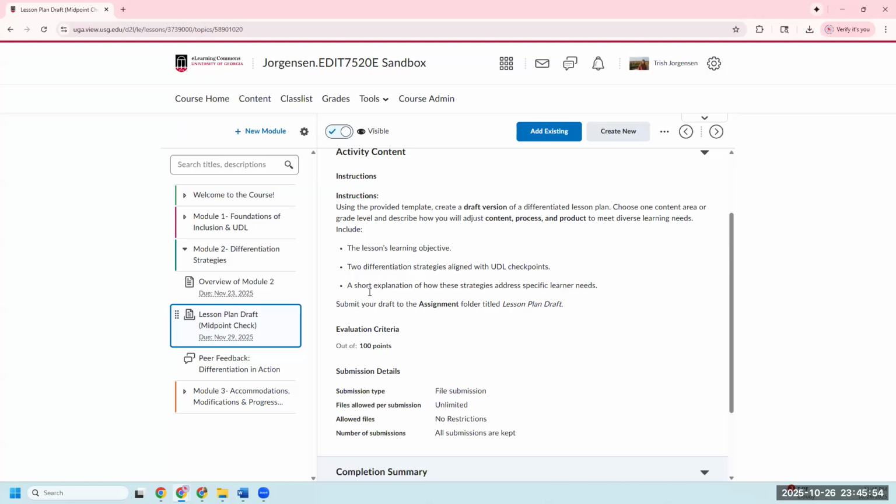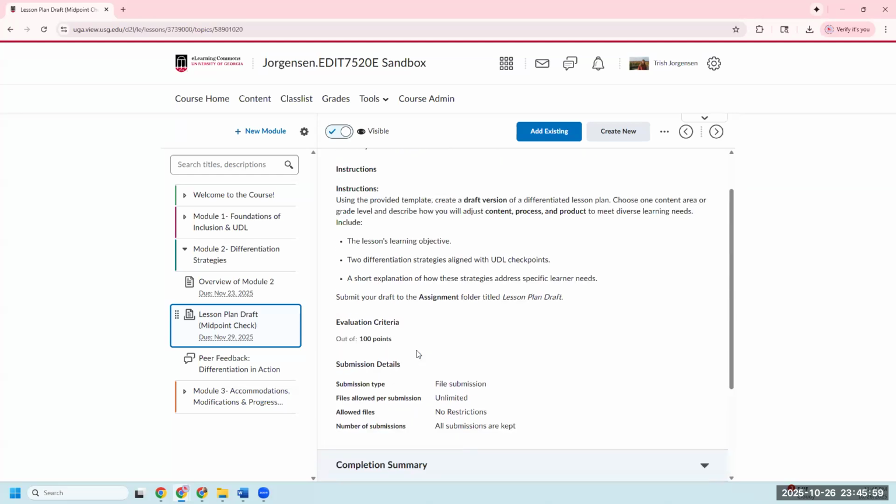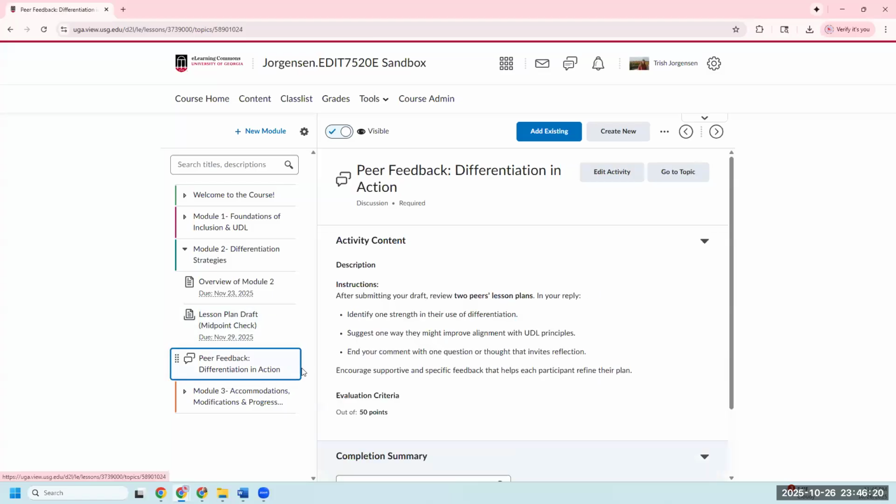So this will include all the criteria. It tells them where to submit. It'll be 100 points. And I have structured this module and all of the other ones as well so that the week for the module is kind of spaced out so that they are submitting one part, and then by the end of the week they're reviewing, talking about, discussing what they've submitted with their peers or me throughout the week, so that it's not just giving them a blank space, so to say, in the creation of their lesson plan draft. So after that, I have a peer feedback, differentiation, and action